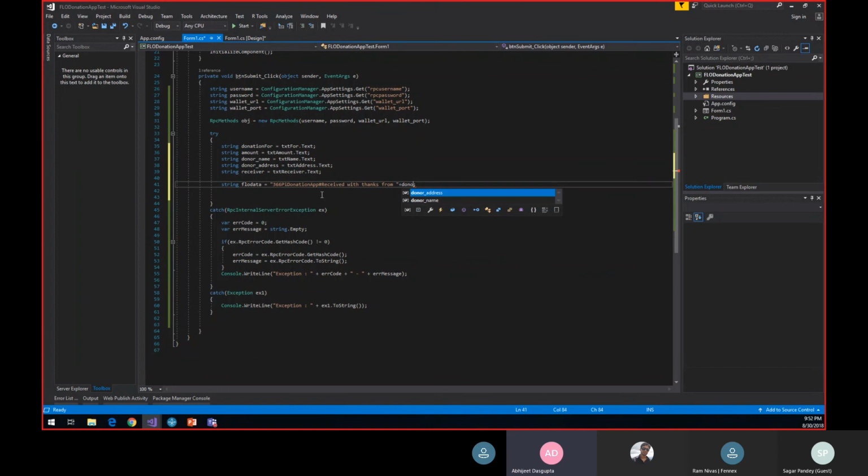Then again, we want to append some values. Add a plus, then double quotes, the start of a static string, and then we'll write "of", then again double quotes. Let's say we'll write "received with thanks from your name, say XYZ, of the place where you reside." That will come from the donor address. Donor address, and then we'll say